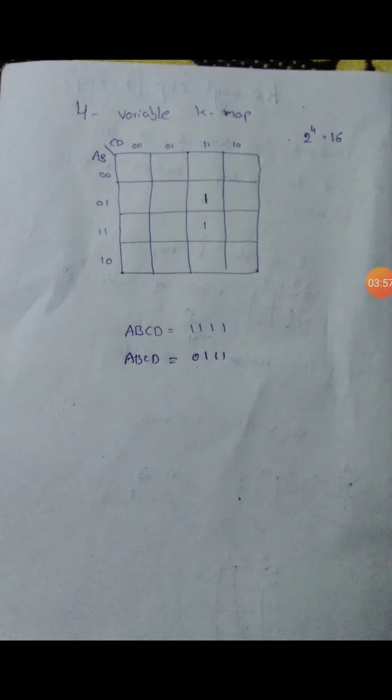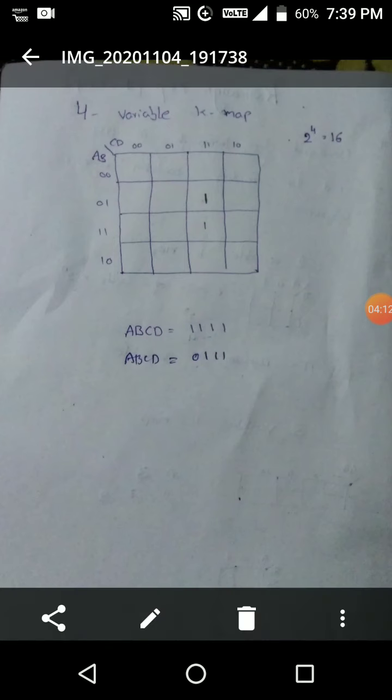In the same way we represent another combination of ABCD, 0 1 and 1 1. On the AB side we identify 0 1, which comes after 0 0 on the column side, and on the row side, after 0 0 and after 0 1, we have the 1 1 combination. For the combination 0 1 and 1 1, we place a 1 in the particular cell merged between the combination 0 1 1 1.